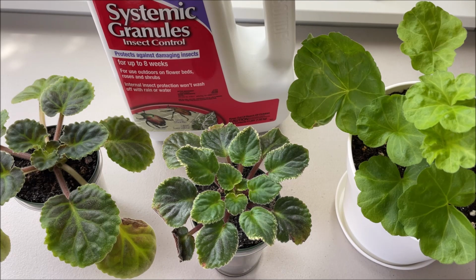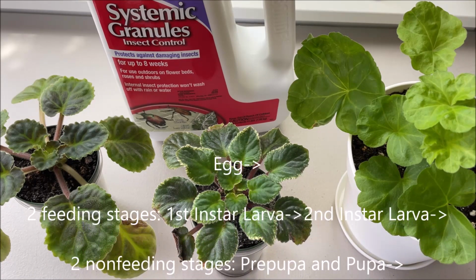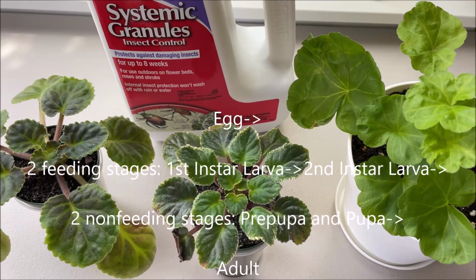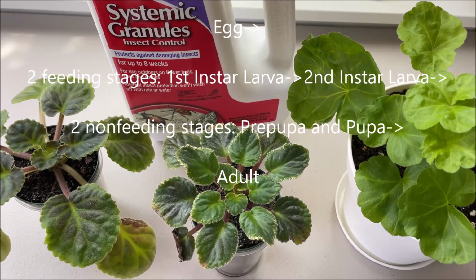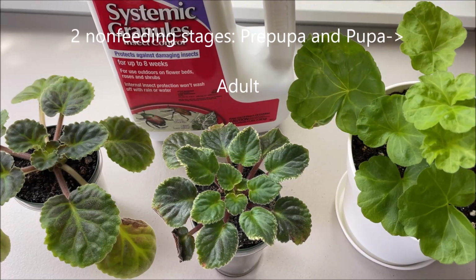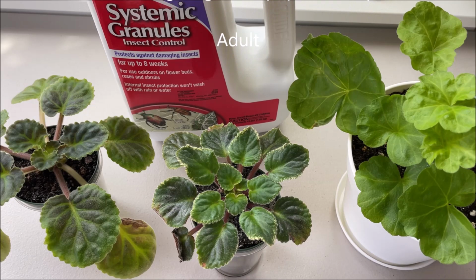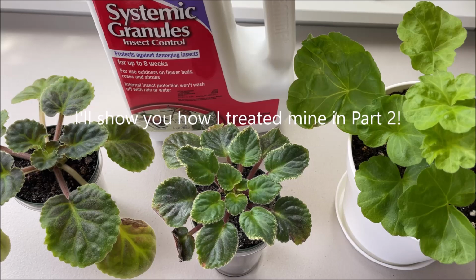In brief, thrips hatch from an egg and develop through 2 actively feeding larval stages, living on foliage, and it's important to know where you can find them to identify the infestation, and then 2 non-feeding stages, the prepupa and pupa, living in soil, before becoming an adult. That's why it is important to treat both the plant and the soil in which it grows when fighting thrips